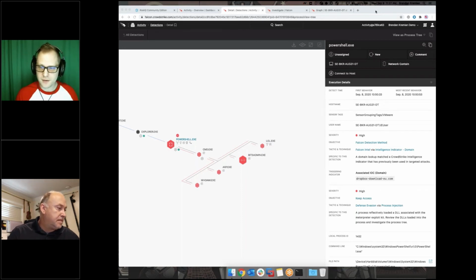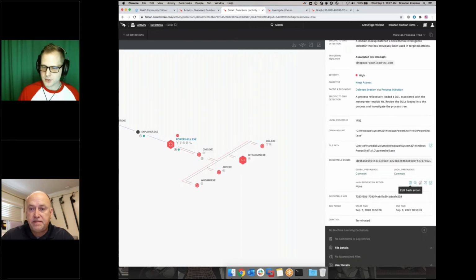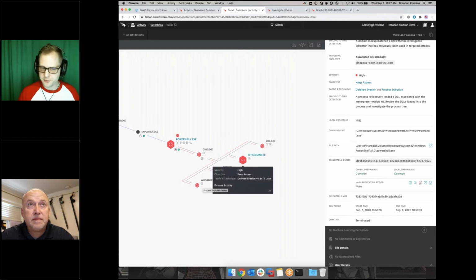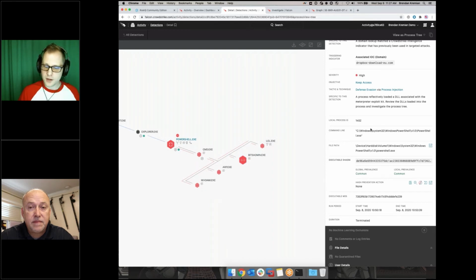It's not malware related. It is a little bit of infrastructure used by another threat actor, another spider in this case. But what happened here was I have a PowerShell actually reaching out to a known bad domain, dropbox-download-eu.com. And in this case, it's actually generating a shell when it connects to that domain. So I'm getting command prompt access and then running some basic recon commands and then attempting some lateral movement. And I can step through each one of these nodes and see what's happening and what CrowdStrike is triggering on